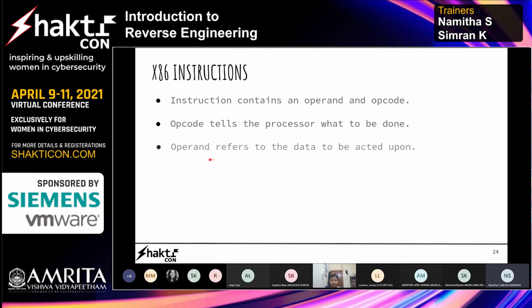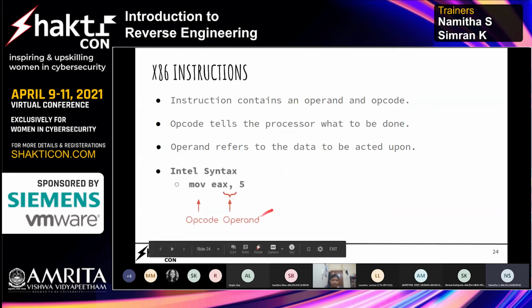Next comes the operand. The operand is what you are doing it to: the numbers or the registers, anything. So this is the syntax of an x86 instruction. Here you can see that the move operation is the opcode, and these two, EAX and 5, are the operands. We'll move into detail about what this exactly means in the next slides.